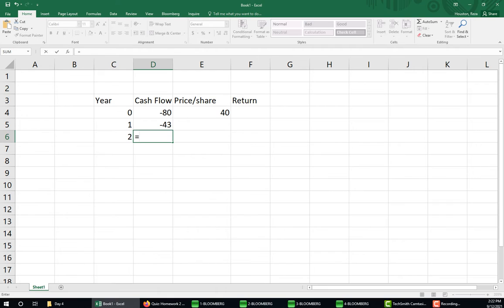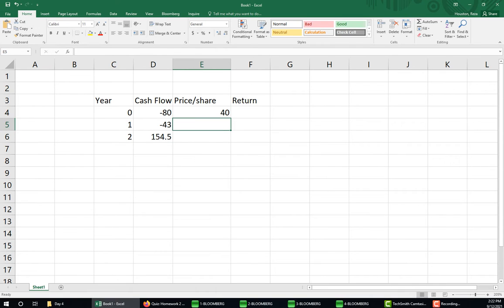And finally, in year 2, we have a $1.50 dividend. This year we have 3 shares because we have the original 2 shares plus the one we bought in year 1. So 3 times 1.5, plus we sell all our shares for the share price of 50, so 3 times 50. So there we go. If we want to know our time-weighted return, this isn't going to help us, but